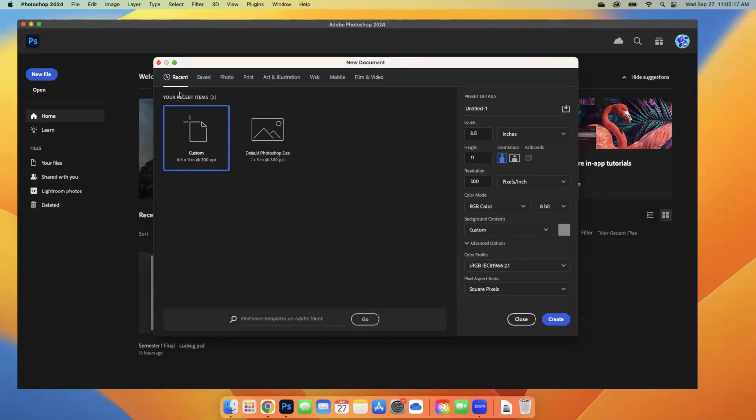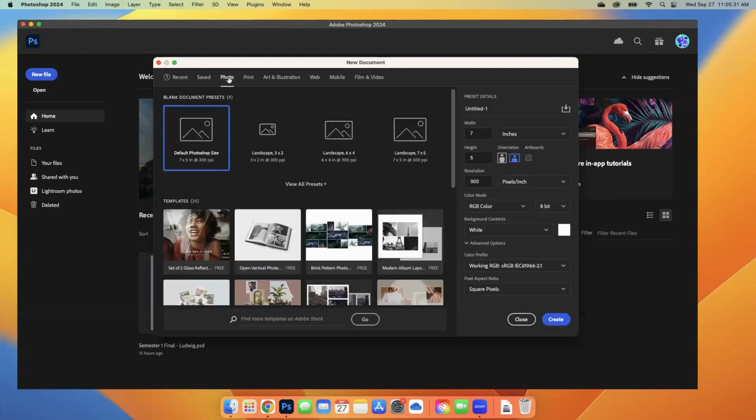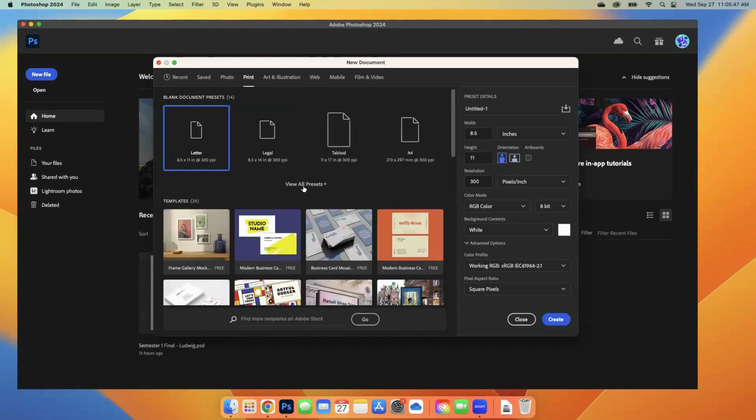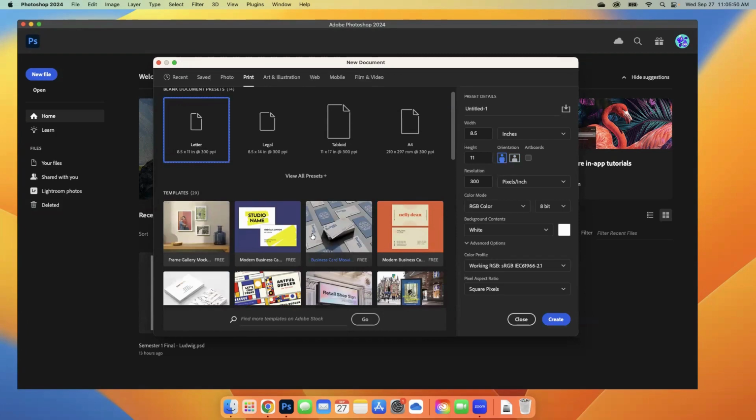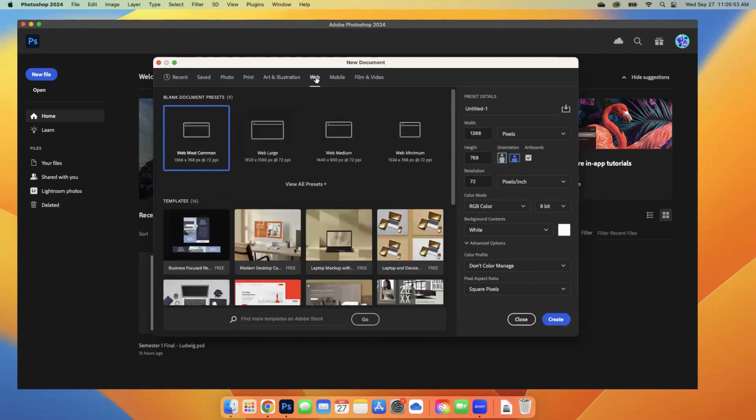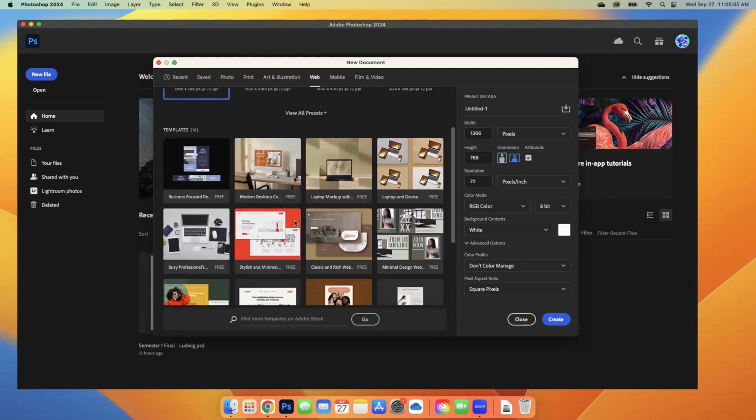Here you'll have the recent items you had opened before. This is where it's kind of confusing: you might be wondering, where is the A4 size? I don't see it anywhere. You have some saved presets that you made, and then you can scroll through here to see different styles of new documents. Since there are so many ways to create a document, for mobile, video, film, web, or print, they made these tabs to make it a lot easier. And a cool thing down here is that if you click through these tabs, they also have templates that you could use if you want to